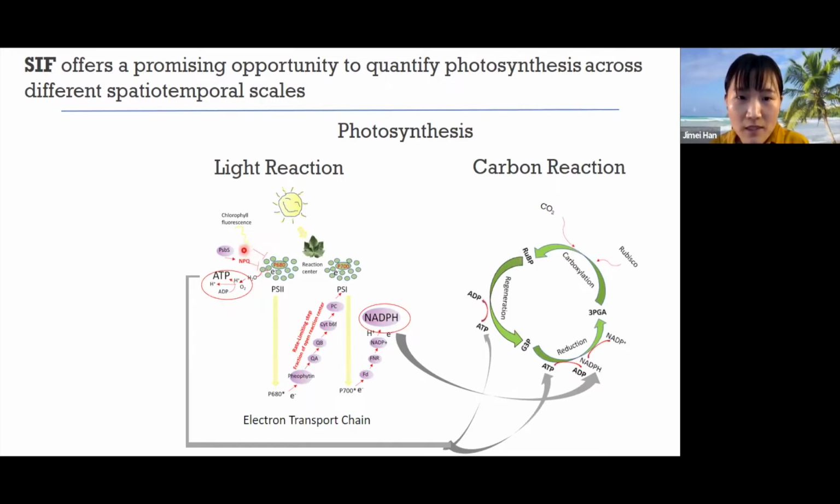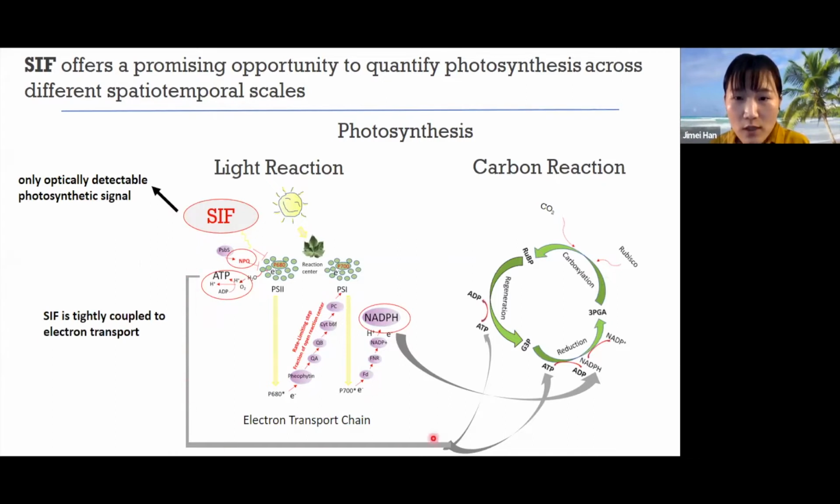The second dissipation pathway is to dissipate the energy as heat, also known as non-photochemical quenching, abbreviated as NPQ. The third pathway is to emit the energy as chlorophyll fluorescence. During the whole process of light and carbon reactions, SIF is the only optically detectable photosynthetic signal. It's tightly coupled to electron transport, which drives the carbon reactions. Therefore, the rapidly growing cross-scale observations of SIF can offer us a promising opportunity to quantify photosynthesis across different